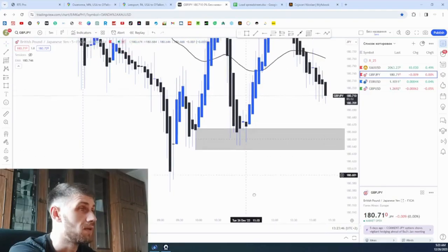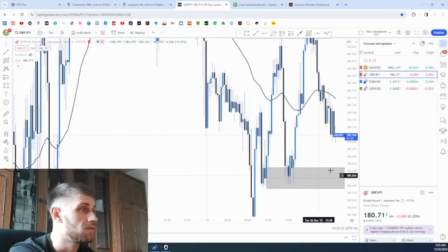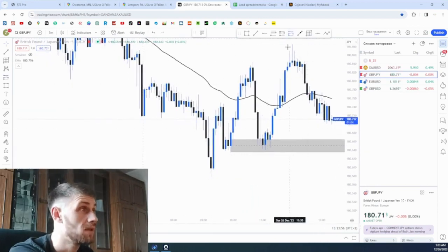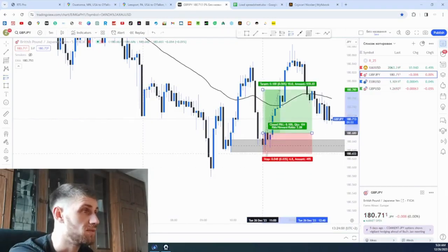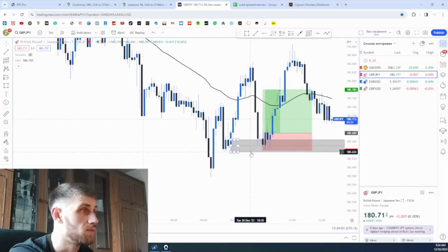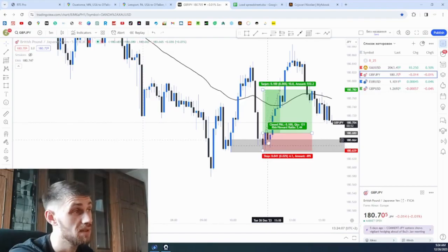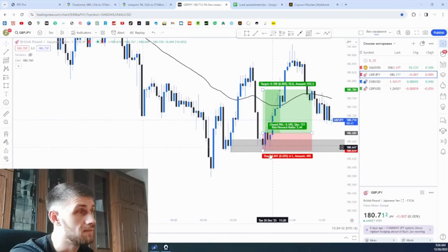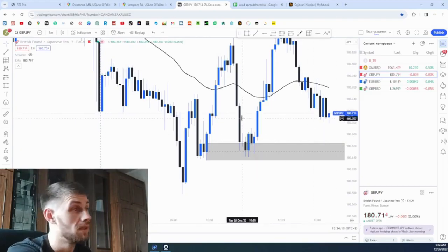what I usually recommend to you guys is to get this candle and wait for the bullish engulfing. That would be the perfect scenario for me. Once you get this bullish engulfing, you can put the stop loss beneath here. Or if you want to be more aggressive, you can put it below this one. It's just that sometimes the price action can come here, fake you out below, take you out and then move up. But if you check my previous video on how to use the engulfing candles, you can wait for the bullish engulfing,